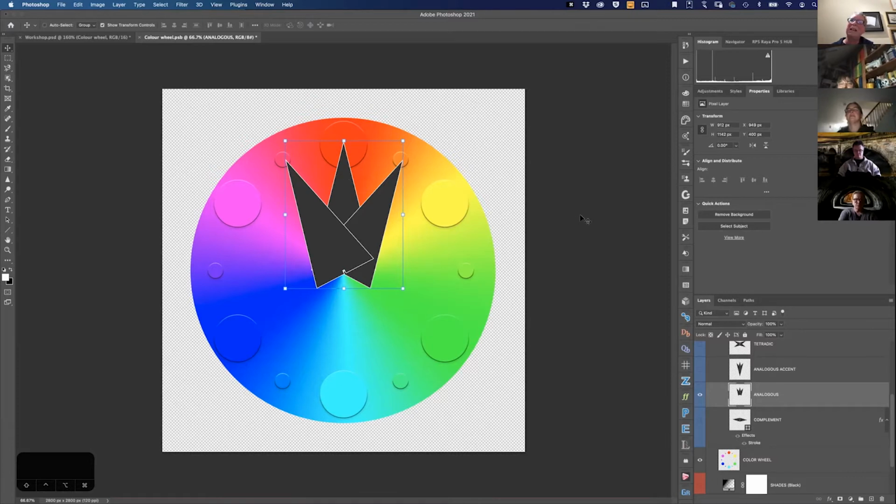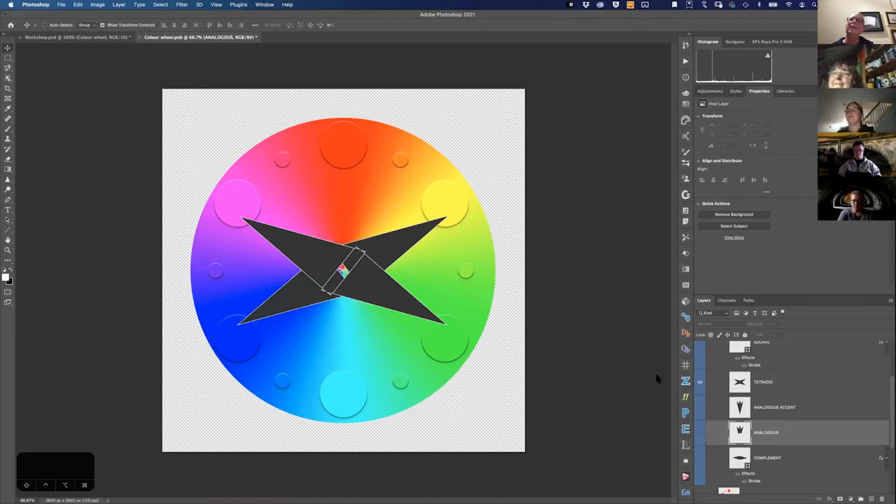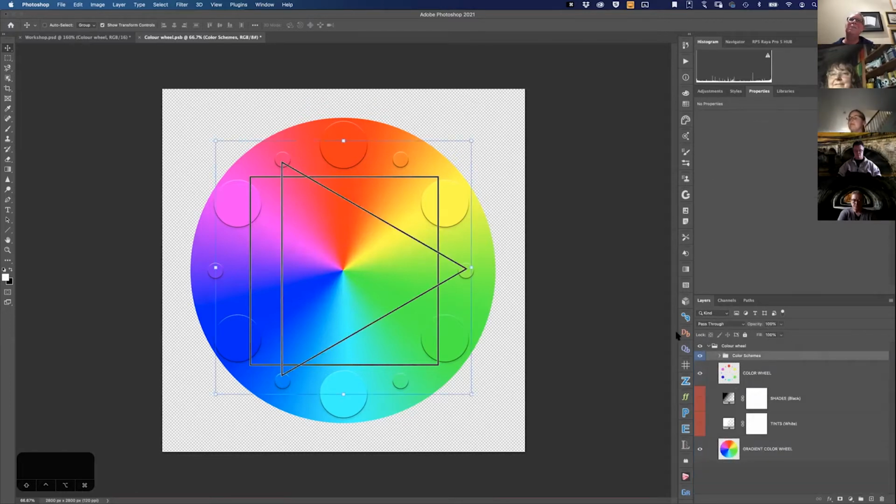As a way of mixing colours appropriately. So you can have an analogous colour scheme with the complement as well, and that will give you a slightly different feel. There's a tetradic colour scheme, which is using one each side on both sides. So you can use any of these balances, but the